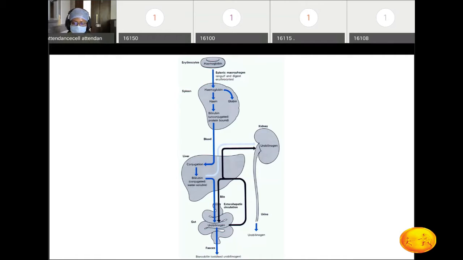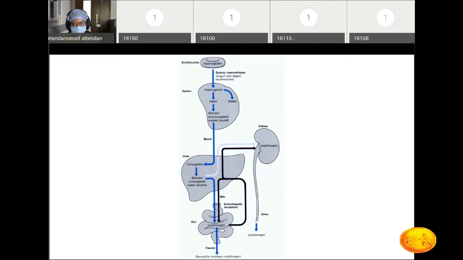Now this urobilinogen will be reabsorbed. There is some enterohepatic circulation. Some part of this is again split into its monoglucuronides, and some part is reabsorbed by the blood and taken back to the liver as well as the kidney, whereas some of it gets excreted into the stools or the feces. The oxidized urobilinogen is called stercobilin, which is excreted into the feces, and the urobilinogen is also excreted through the kidneys in the form of urobilinogen. So this is the entire cycle.